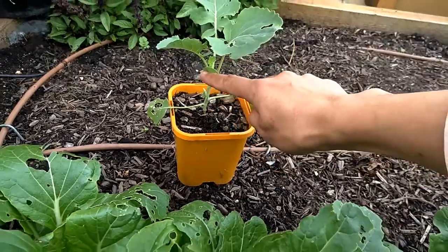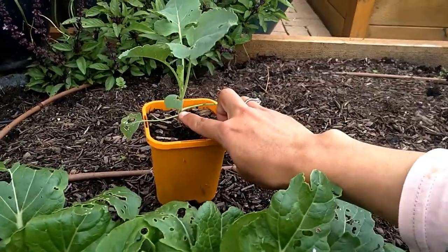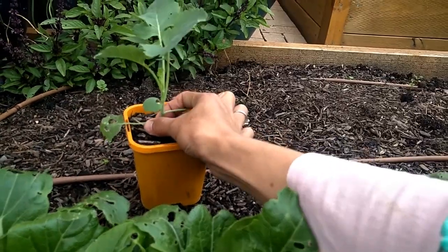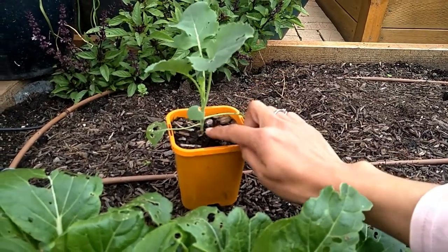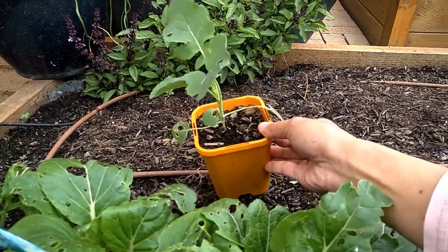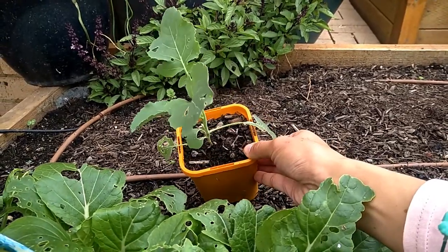And now when I plant in the garden bed as well, I will bury all the way up to here. You see the leaf node here, the tiny little seedling leaves, the first two leaves of the broccoli. I'm going to bury all the way up to here, so the broccoli will get stronger and not move around too much when we get a windy